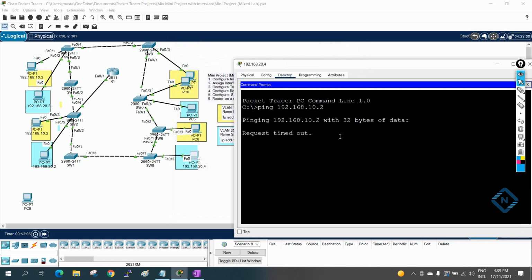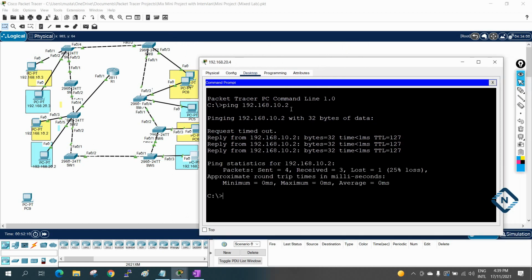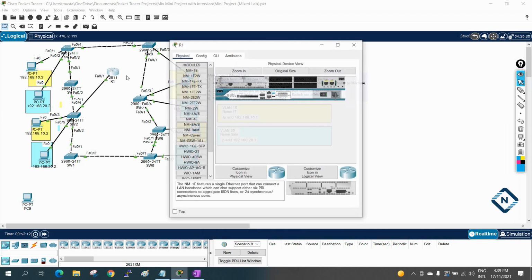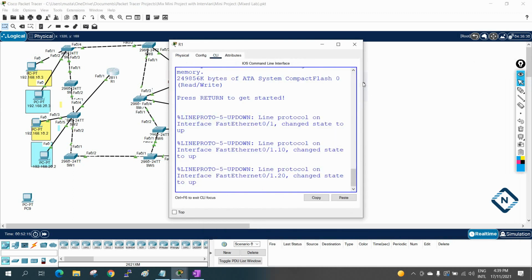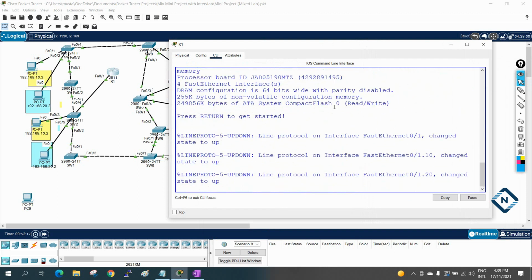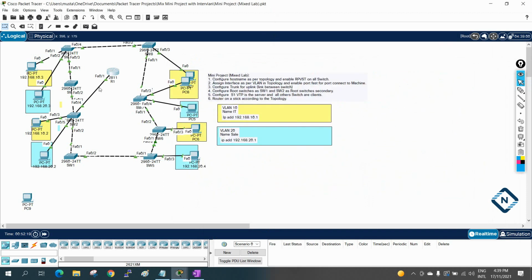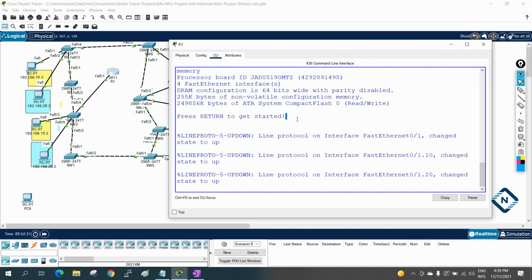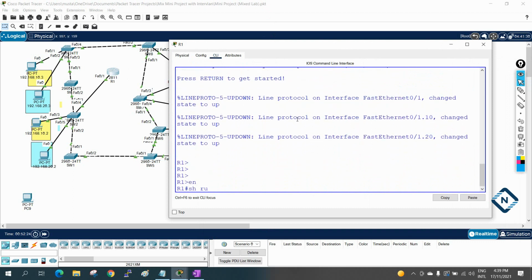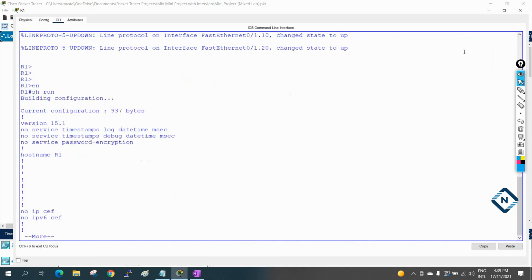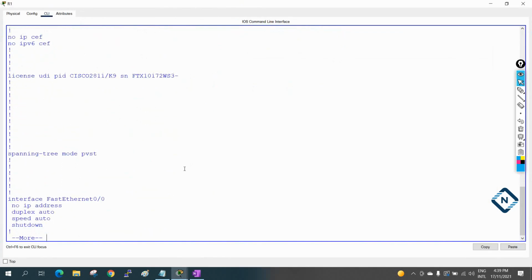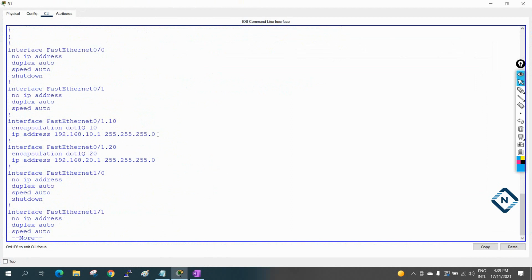So what we need to do? We need to do inter VLAN. Inter VLAN, it is working. Why is it working? Maybe we already did inter VLAN. I did not remember if we did it before or not. Let's see. Yeah, we finished inter VLAN also in our previous class. See here, it is there already. Let me show you. Yeah, if you remember this, we finished. Okay, so this step is also finished. Inter VLAN is also done.